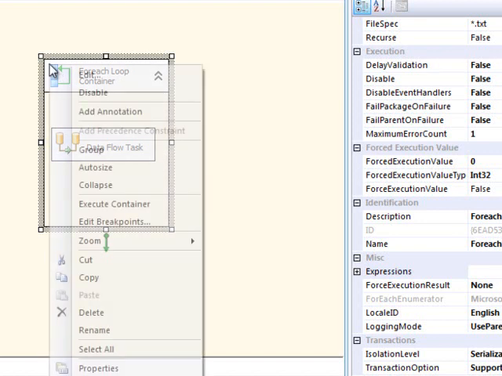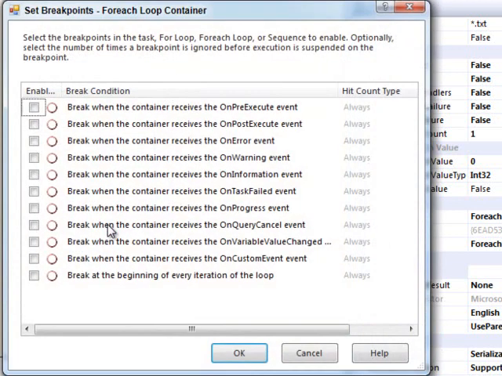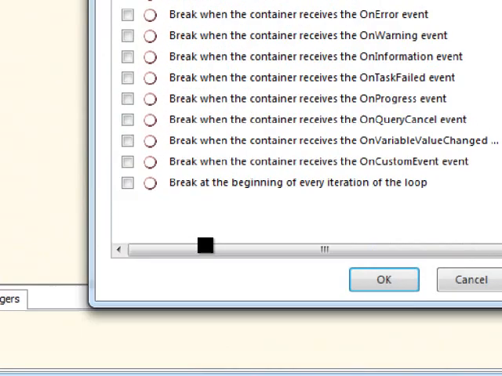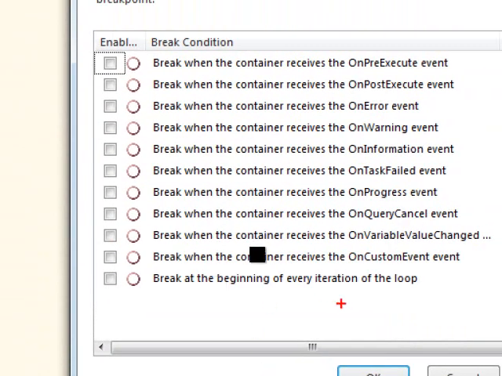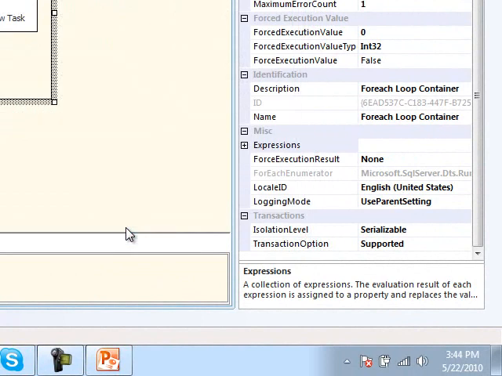To do that, you can right-click on the container, say Edit Breakpoints. Containers actually have a special breakpoint that's just for them, and it'll allow you to create a pause after each iteration of the loop. So after each time it goes through the loop, I want to pause the package, and this way I can actually see which files are going through. So let's do that. I'll select that option. By the way, that's only on containers that loop, so either a Foreach Loop or a For Loop. All right, so now if I run this,